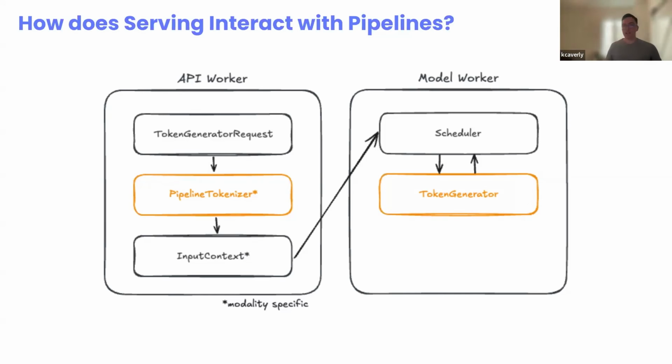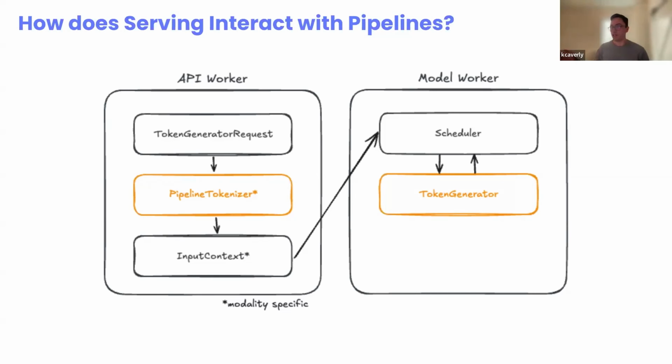So there's two objects that the pipelines produce, those being the pipeline tokenizer and the token generator. And essentially, at a very high, simple level, serving is going to have two processes, an API worker and the model worker. The API worker is going to be responsible for taking requests in the door and passing them through our tokenizer. And this is going to create this kind of modality-specific context object that is stored on the API worker. We then, once we have this input context object, cross the process boundary and send this